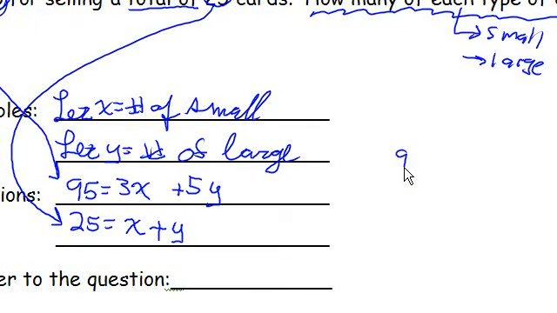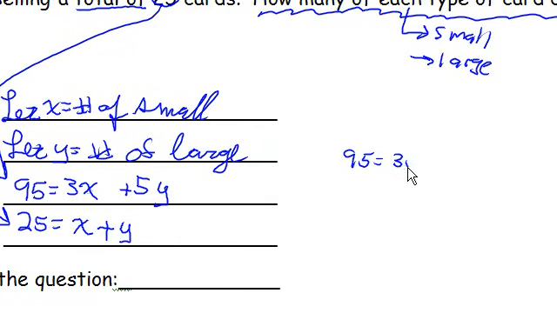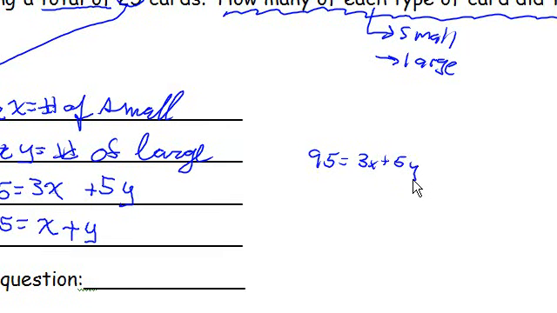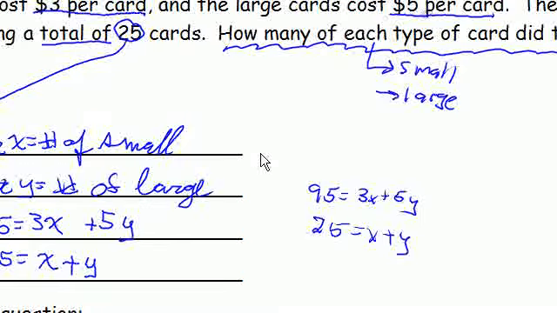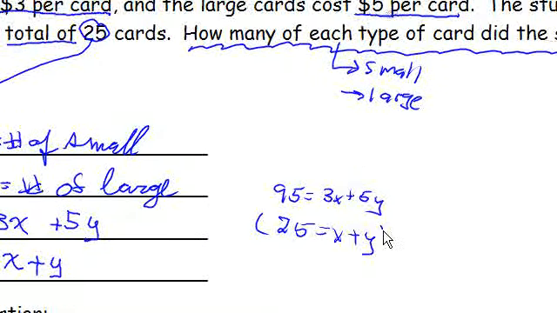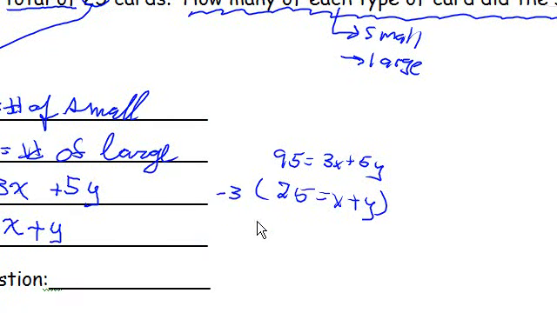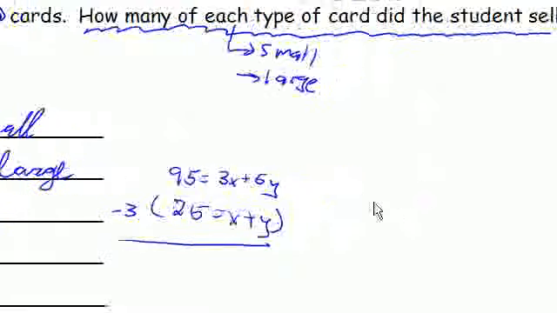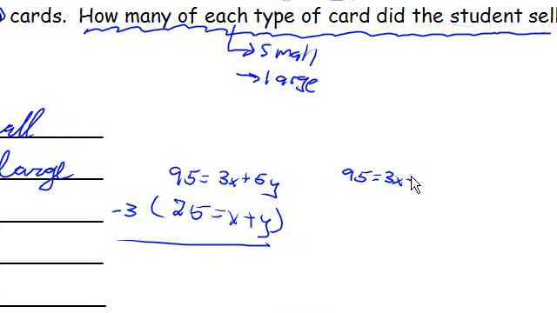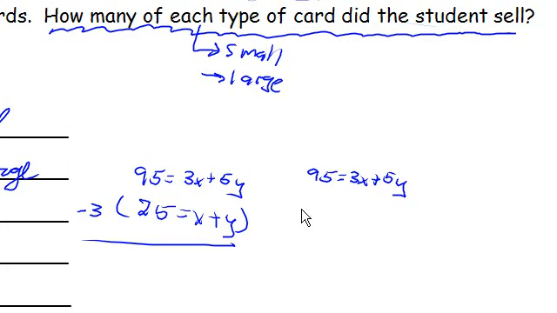So let's solve it. 95 equals 3x plus 5y. 25 equals x plus y. I'm going to eliminate the x's. I'm going to multiply this equation by negative 3. So let's rewrite this. I'll rewrite it over here. 95 equals 3x plus 5y. Negative 75 equals